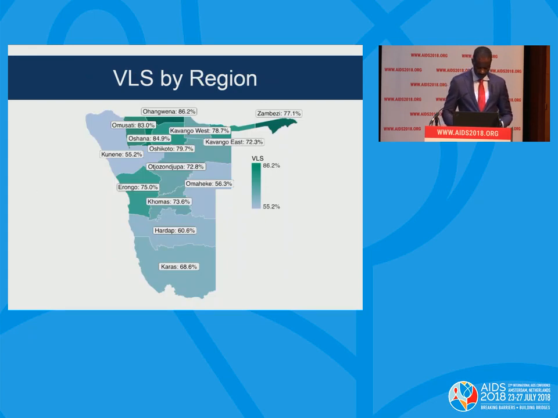Again, regionally or geographically, the regions with the highest HIV prevalence generally also have the highest proportion of individuals who are virologically suppressed. We believe this is to do with maybe compliance, but we will talk more about that. But also the regions that have the lowest prevalence and incidence are the ones that are not so well suppressed virologically. So there may be a bit of complication there.